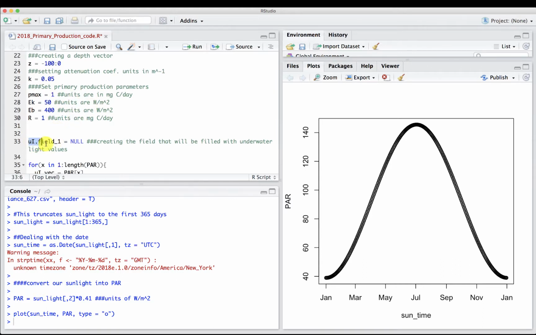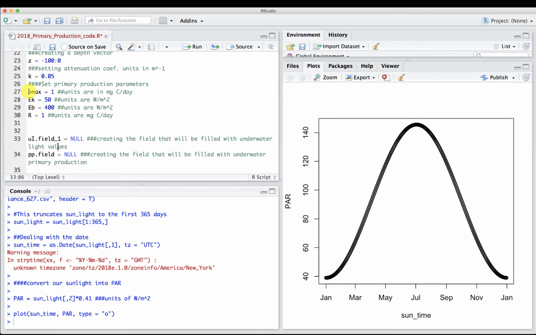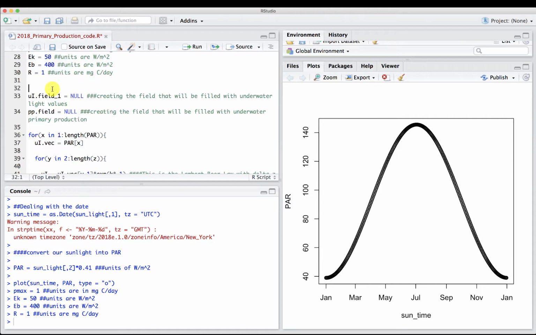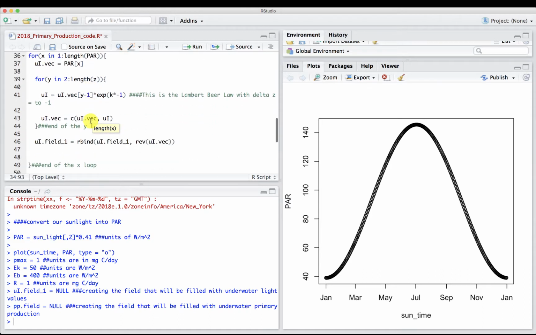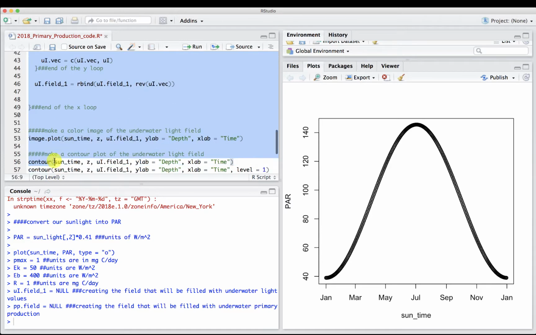Now we need to create, similar to the way we created a field last time to hold our light field values, our primary production field. So this is creating a field that will be filled with underwater primary production. We can go ahead and copy this and run that in our code. Before, we ran this and we made an underwater light field. So if we take our loop and run it down to make our color image,